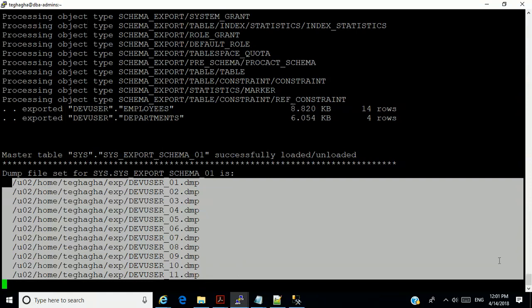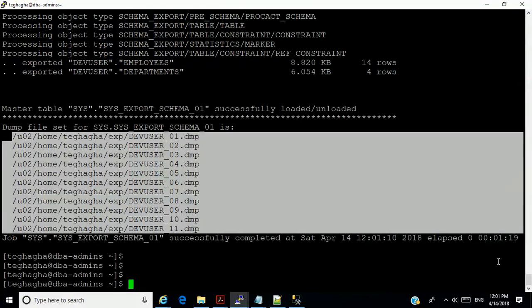Isn't it funny? Lots of them, because it ensures that each file is within the size. And that's why it took time, because it has to calculate the size.